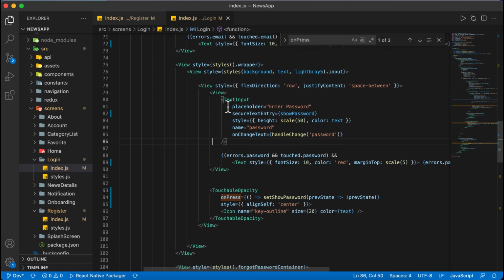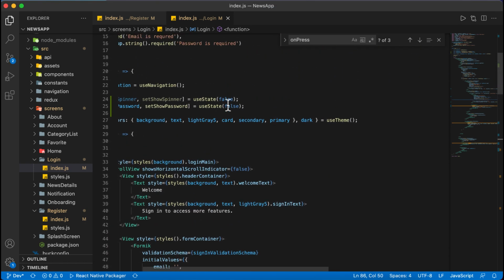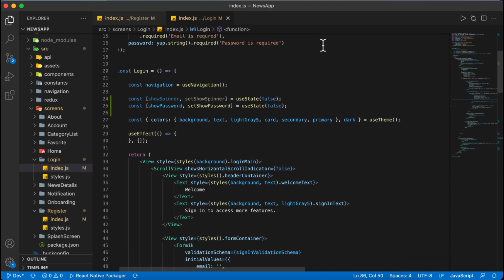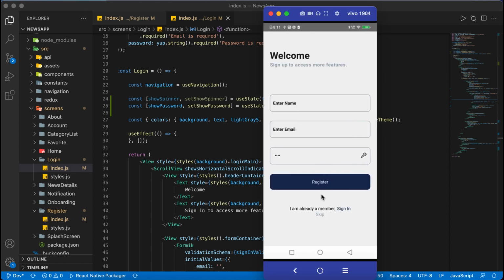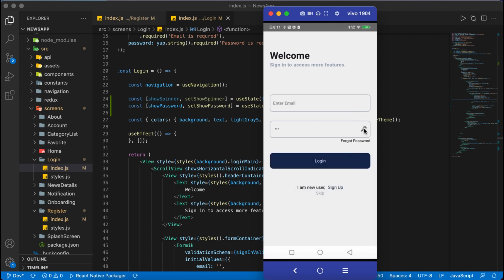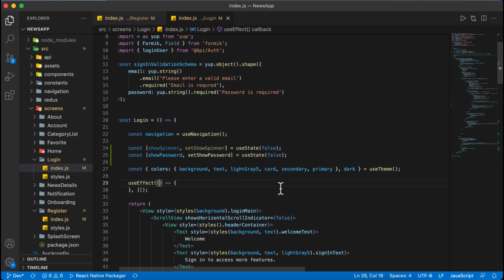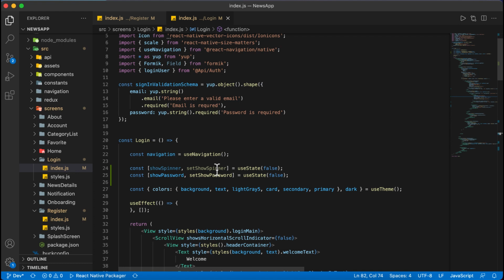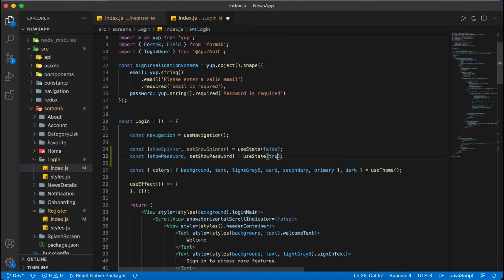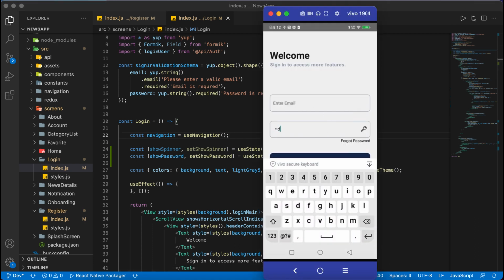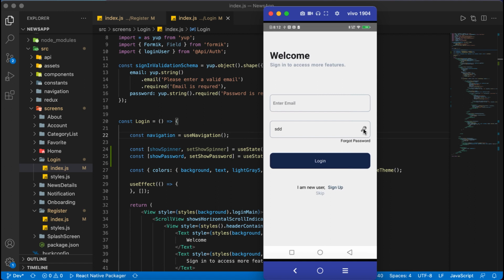So I did this in the login screen. Yeah, okay, no issue. Wherever we need the same things, let's check in the login. I'm typing here, and it's become this. What we have to do is make secure text true, so here it has become false. So we will first put true here. Okay, got it. Now let's type some value, you can see, and now clicking here. Okay, it is working fine.